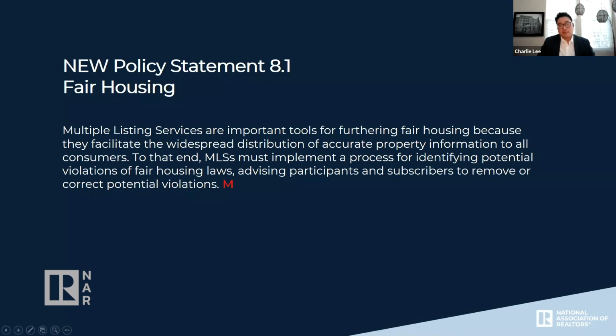And then in terms of, well, how am I supposed to handle it? I think with MLS, you can definitely provide education as to what certain terms or descriptions can raise issues that may not be the intent when those terms are being used, so that they can consider suitable alternatives in describing the property or the information that they put into the property listing information.